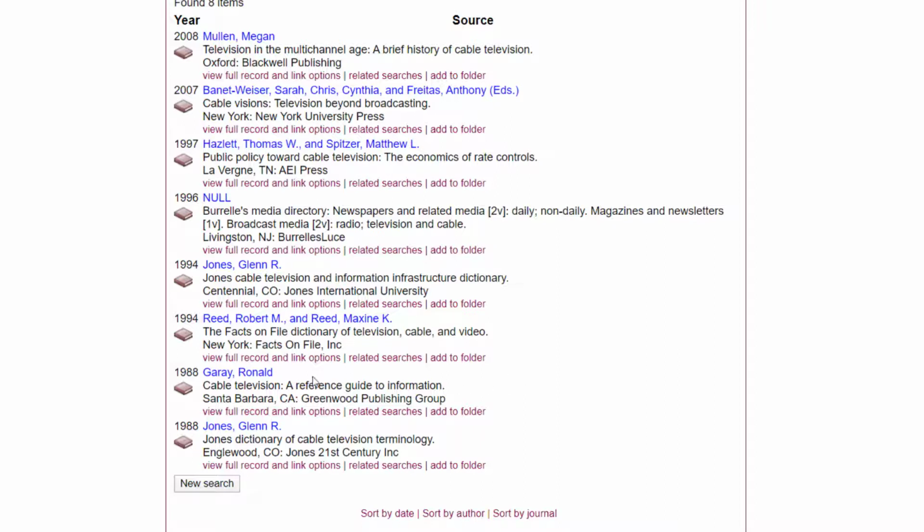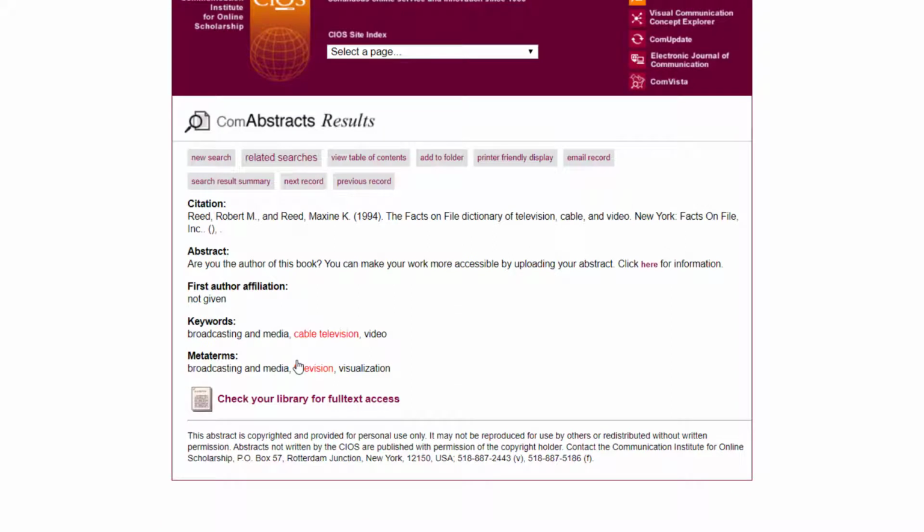To review the results to see if they will help with your research, click on the link beneath the title to view the full record and link options. This will give you information about the resource, including the citation, abstract, first author affiliation, and meta terms for the article. Beneath the resource information, there is also a link to check to see if the item is available at